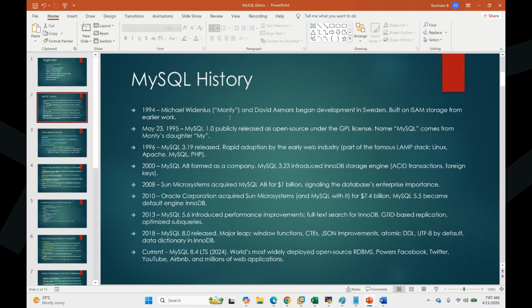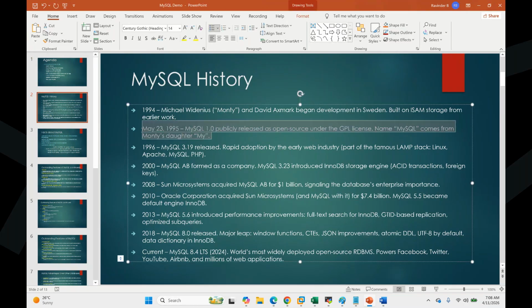Initially, they released MySQL version 1.0 in 1994. It was for internal use only. They did not release the product to the public, as it was not so efficient and a lot of features were missing during that time especially. But down the line they made the product absolutely complete with all the features. Many features were not available at this time. You can't modify the data.